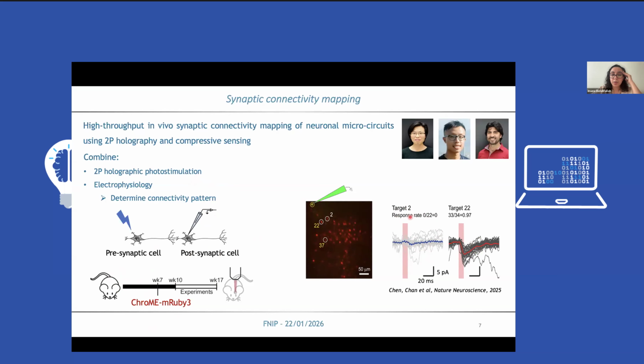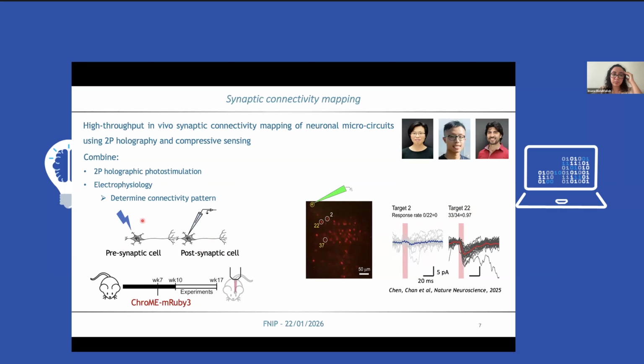You can see, for example, that target 2, when photostimulated, did not elicit a response in the patched cell, whereas cell 22 here almost always elicited a response. And this indicates that target 22 and the patched cell were probably connected. So this was a very nice study. And now the lab wants to take this